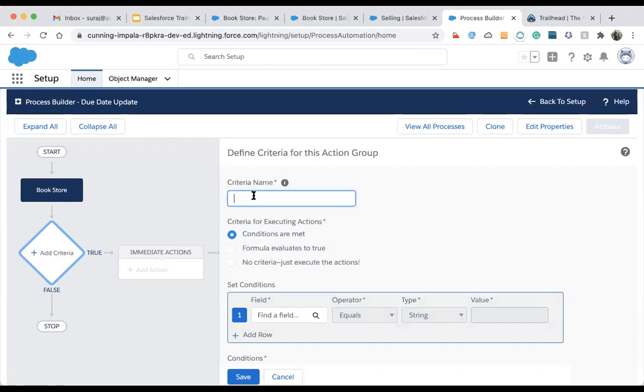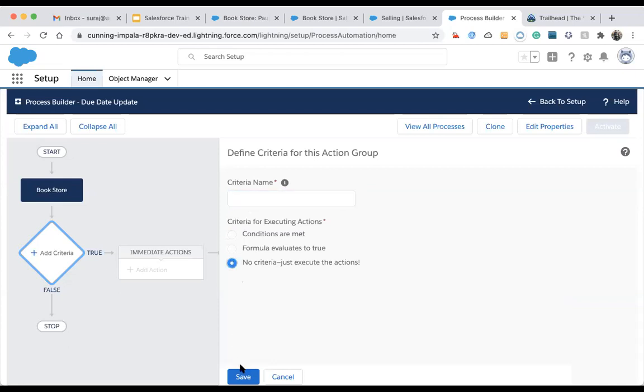Actually, there is no criteria, but it's an optional thing. We can add as many criteria as we want over here. Right now we are just executing the actions. We are not adding any criteria here because it isn't needed.